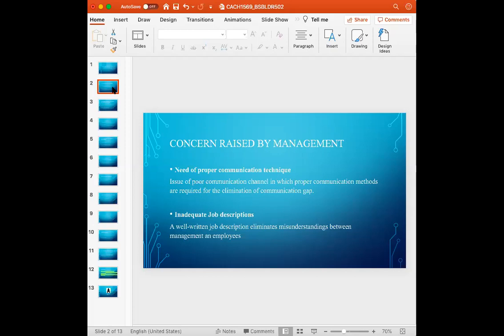The need for proper communication technique means there is a lack of two-way communication between the team members. It can be easy for individuals to misunderstand or misjudge others if there is no proper communication technique. Whereas inadequate